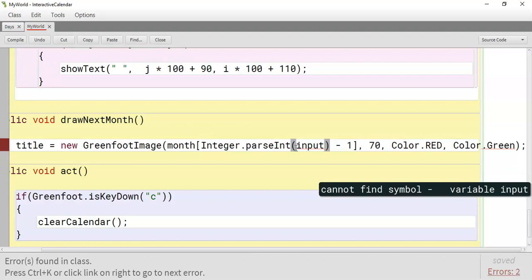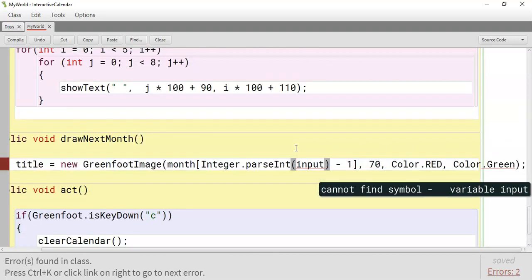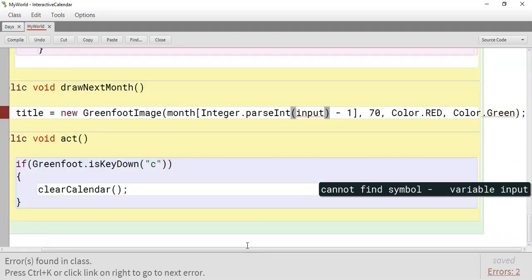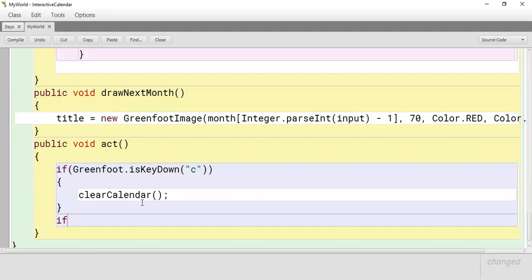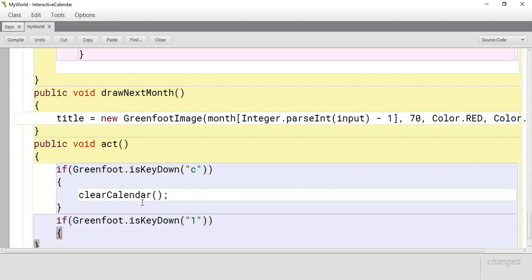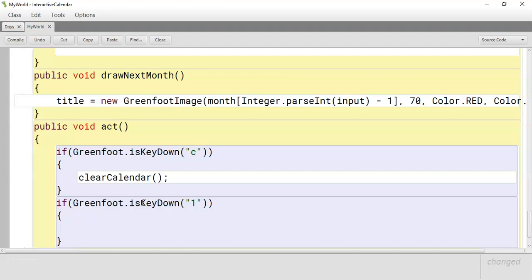And so in order to get input, we're going to need to set up using our JOptionPane import that we did. So we need to say if Greenfoot.isKeyDown, 1 will be our way to pull up the window. We are going to say